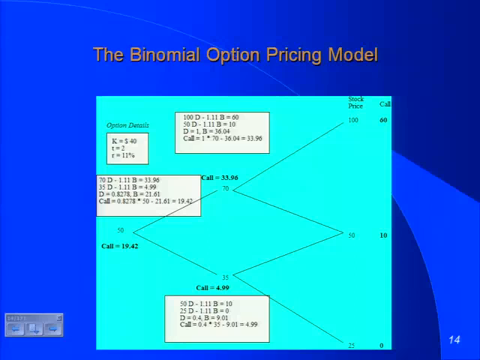Now think like an investor. How much of your money would you have to come up with to create this position? 1 share of stock is going to cost you $70, right? You borrowed $36.04, which means you got to come up with $33.96. That's what it costs you to create the replicating portfolio. So the call option is to trade at that price if the stock is 70.